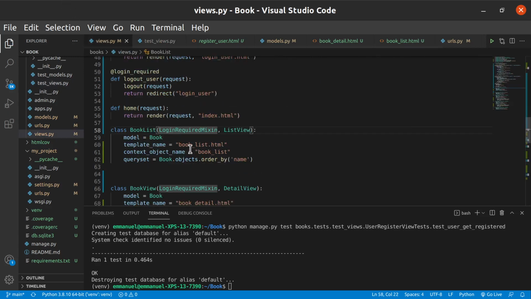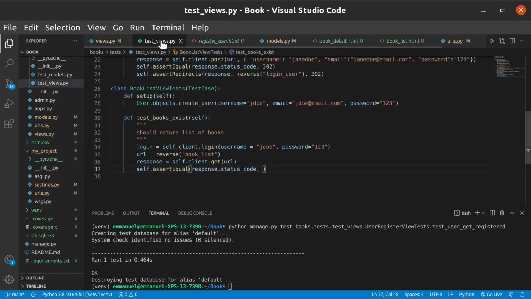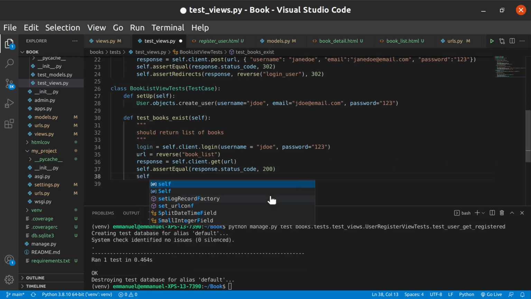Because when I look through it here, I think it is just rendering this, what? This book underscore list dot html. It's just rendering it. There is no chemistry there. So I think it will be a 200. Yeah. So since it's a 200, that is okay. But if at all you want to do more tests, we can still do more tests, because remember there